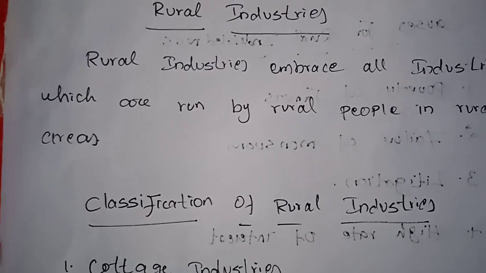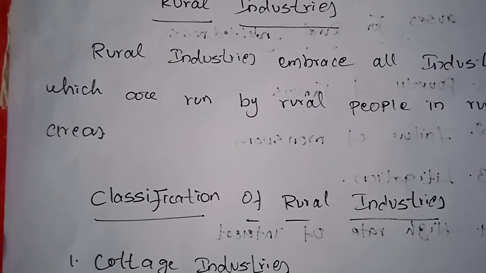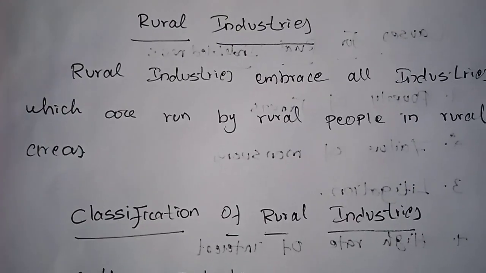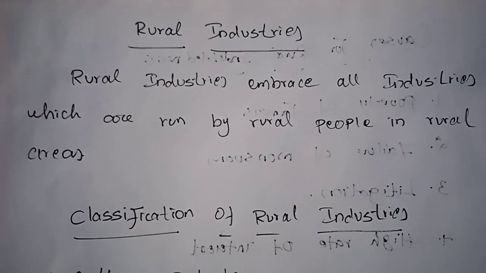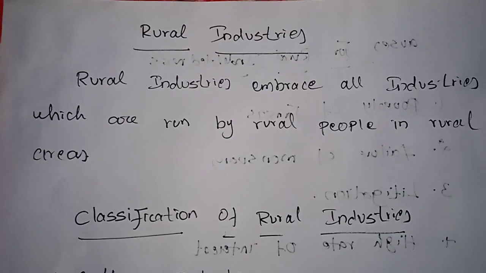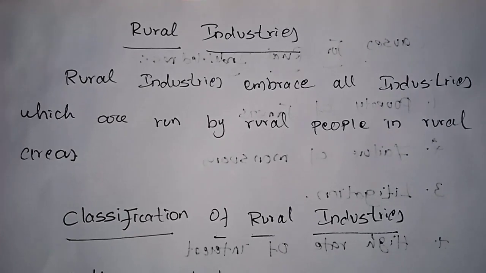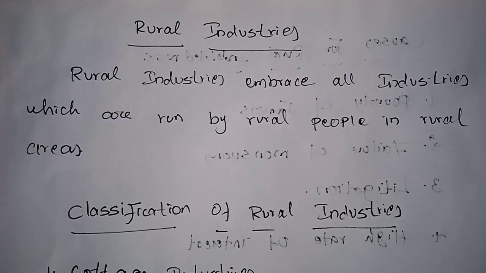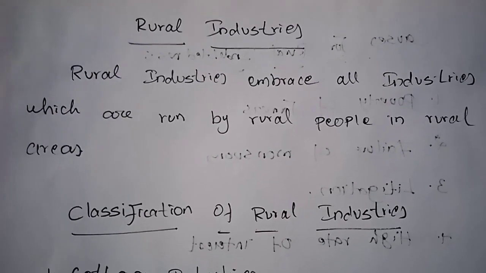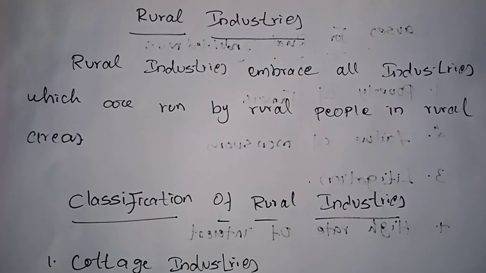So these rural industries are based primarily on the utilization of locally available raw materials, skills, and a small amount of capital. In these rural industries, people always have the possibility to utilize all the resources locally. Whatever resources are available, only those resources will be used to establish any of the industries. And these entrepreneurs also